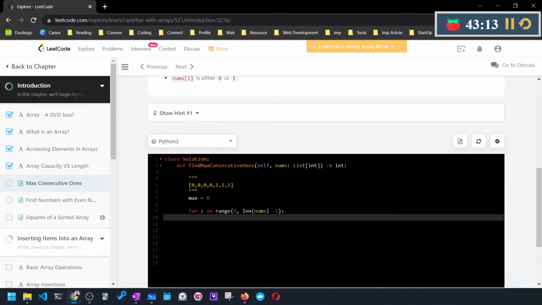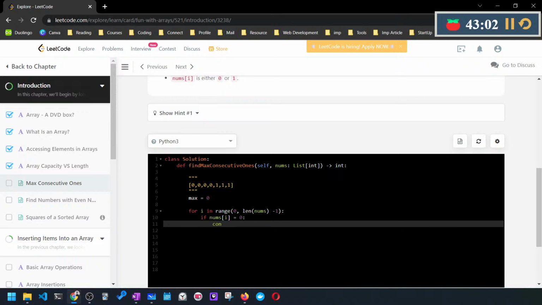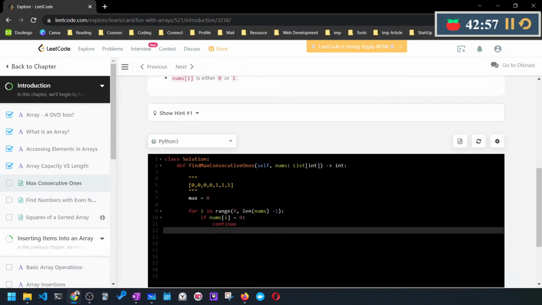So if nums[i] equals 0, then continue. Now if it is not 0, so if nums[i] equals 1, suppose that we found 1,